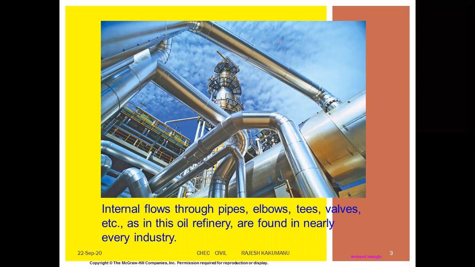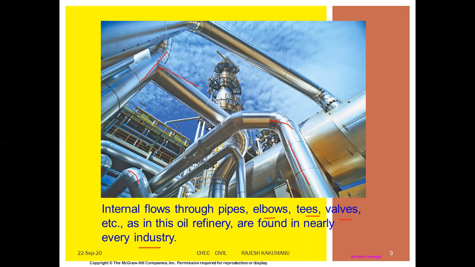water bodies. So if you see the pipeline structure of any company or industry, the internal flow through pipes, through elbows, T-sections, through the valves, etc., as in the oil refinery, are found in nearly every industry. So if you see the example, this is the oil refinery, where the oil is flowing in different channels. You can see a straight pipe, you can see elbows, you can see some of the bends, you can see this is a T section, this is a T section,